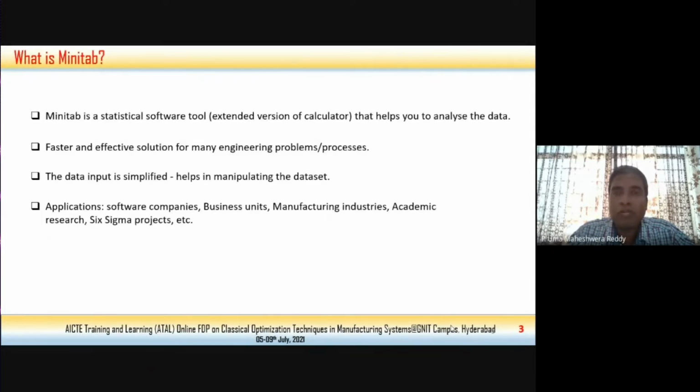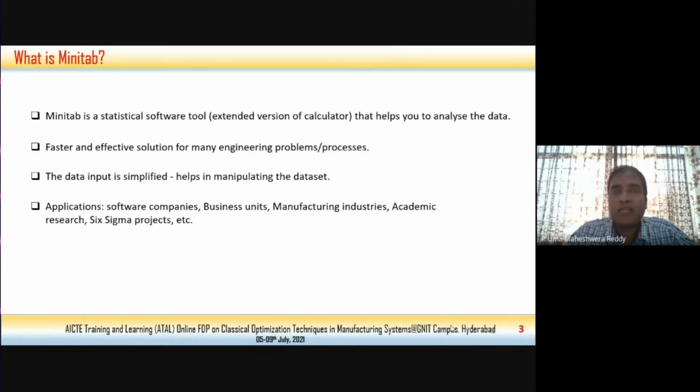You all know about Minitab software, and being faculty members and academic researchers, definitely you would know about Minitab, especially whoever is doing a PhD. At one point of time, you need to handle your data effectively. For that purpose, you need to have an optimization tool. Minitab provides statistical analysis for large amounts of data. From Minitab software, you can get the trends of the data, you can predict, you can analyze, and you can present the data in terms of histograms, bar charts, box charts, and so on.